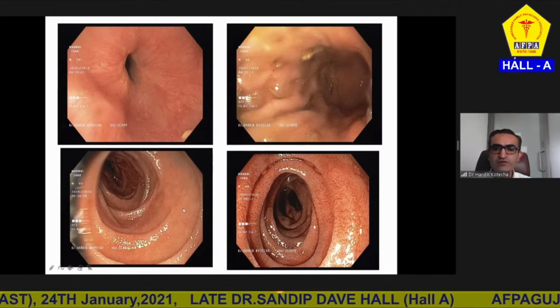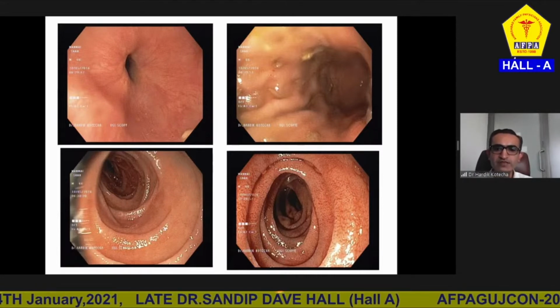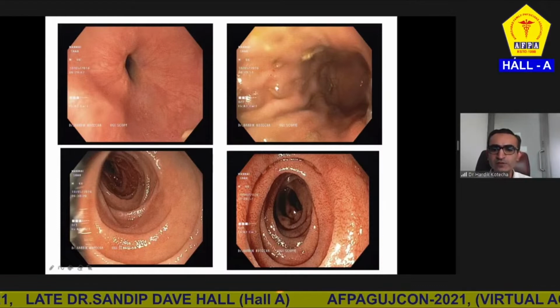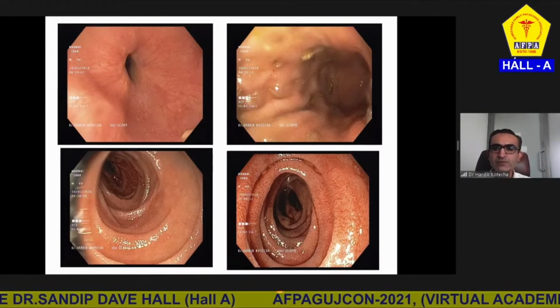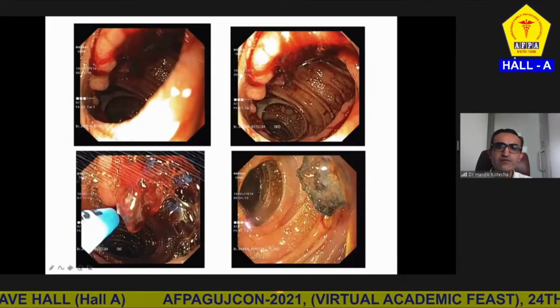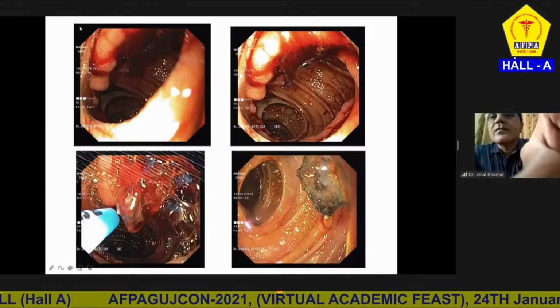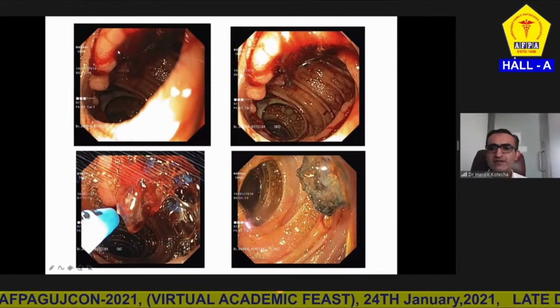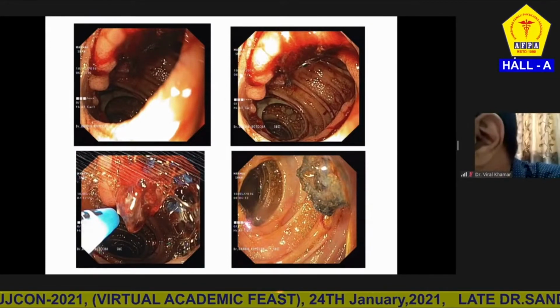Then I used my enteroscope and advanced the enteroscope into the jejunum, and initially I was able to see some fresh blood in the jejunal lumen. As I advanced the scope further, I was able to reach the anastomotic site. There was an active ulcer in the jejunostomy. So this patient had an anastomotic site bleed 2 times.